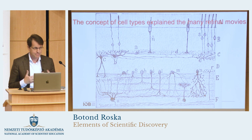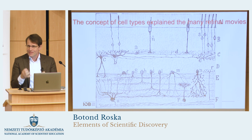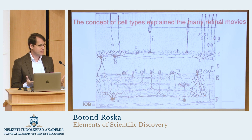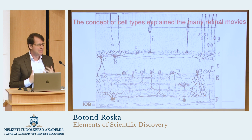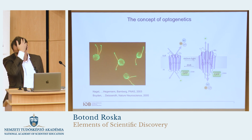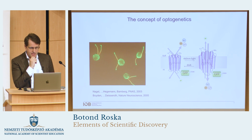But nevertheless, at that time, there was knowledge that developed about how the retina is working. We got hands-on experience. And the real question was, what is the next step? Where do you go from there? You can always study a little detail of what this cell type would do, but this is not very satisfactory. And I got quite lucky because this was exactly the time, around 20 years ago, when three German scientists, Georg Nagel, Peter Hegemann, and Ernst Bamberg,